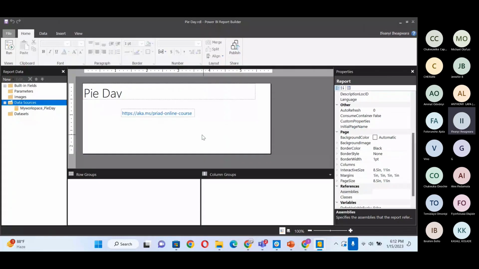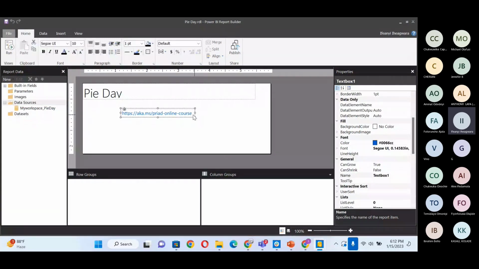Okay. So this is the paginated report. Say that you create it from here, or you go to Power BI service and tell it to create it, and it opens the file for you. So once you have done that,